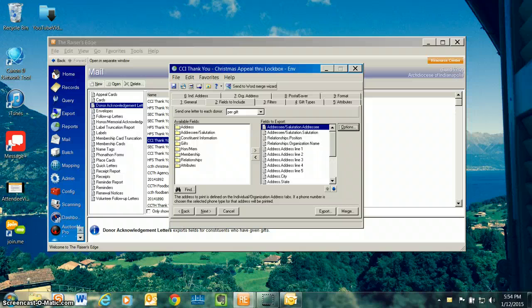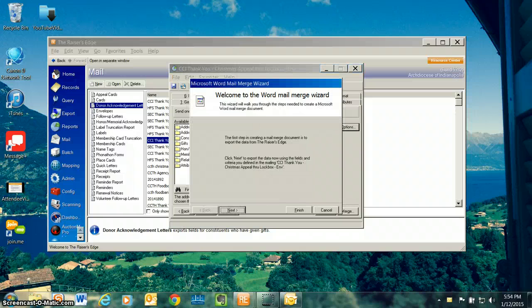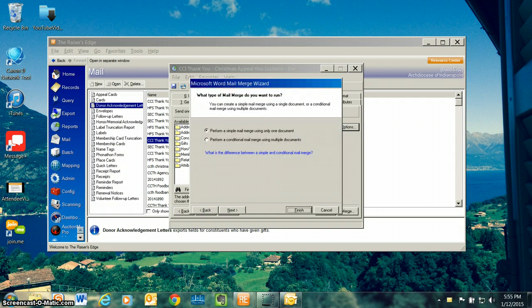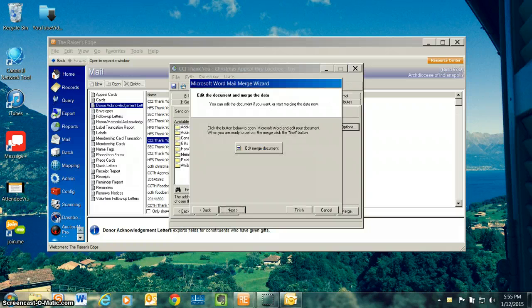We'll go to send a merge wizard, click next, do not acknowledge, next. We don't really need to edit the merge document. So I'll click next,